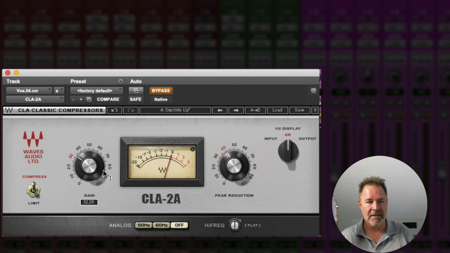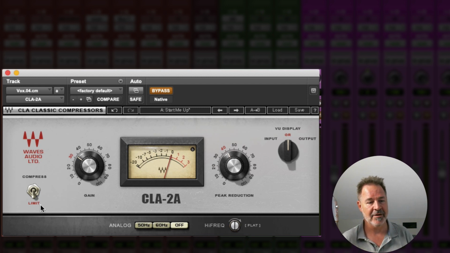3 to 1, 4 to 1, really transparent and useful for things that you just want to kind of make glue together in the mix. Bass guitar, vocals, even background vocals. Now, again, when I mentioned in the very beginning that character was a big thing, you can definitely go higher and get more character, okay? When you go to limit, it's 10 dB,